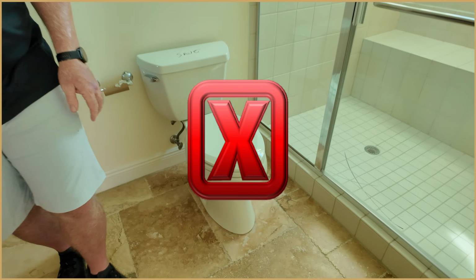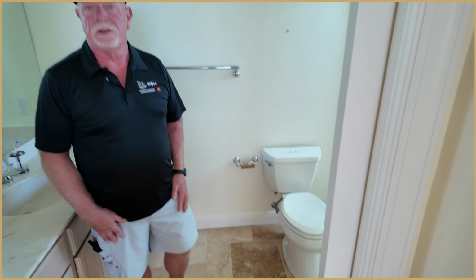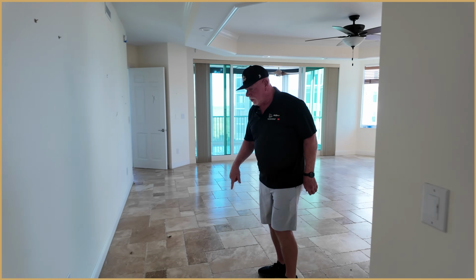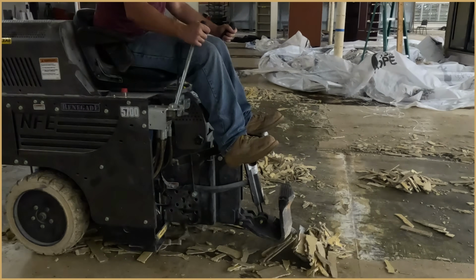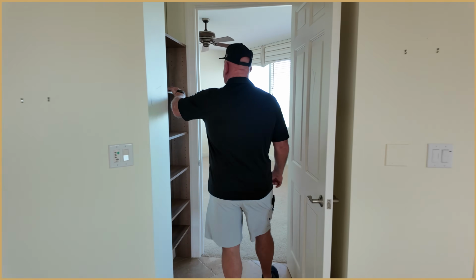Toilets, can't sell them. Why? I have no idea. We used to sell probably 100 of them a year, can't sell them. We only keep very rare and expensive toilets. So the floor on this one, the way that these buildings work is they want us to bring a floor machine in. When it's wide open like this, the floor machine works really good. Most everything else, it doesn't work very good because you can't do the kitchens. If the kitchen's staying, can't do the hallways, can't do the bathrooms, can't do the closets. Something like this,